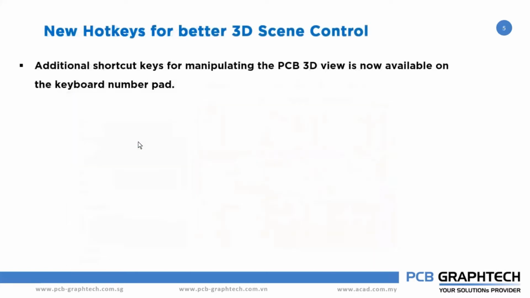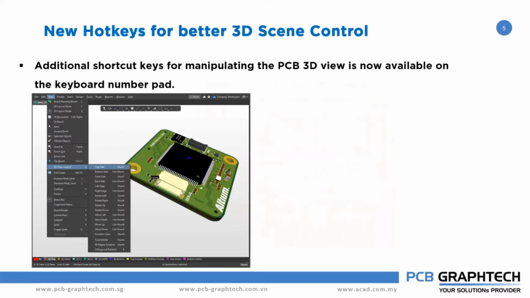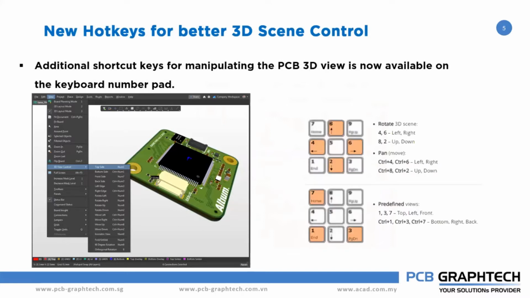Then the third one is about your new hotkeys. So this is mainly for the three enhancements in the 3D mode. One of the recent improvements in 3D mode is the rotation button. In the properties panel, you can see there is a rotation along X, Y, and Z direction, and you can use the arrows in the number keypad.